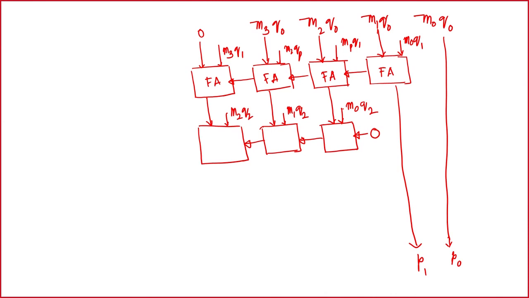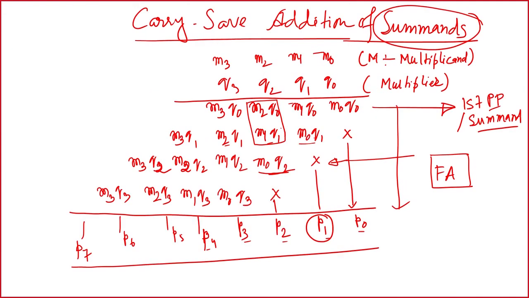Okay. So, now we should have a 4. So, M2 Q2. So, we should have M3 Q2 and this will have the out here. So, this is full adder, this is full adder, this is full adder, this is full adder. So, now we completed the third row, 0, 1, 2, starting from 0. So, the third row we completed.